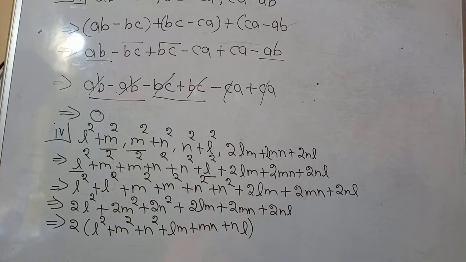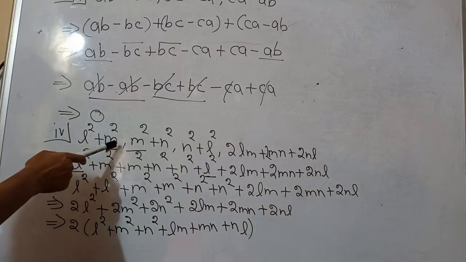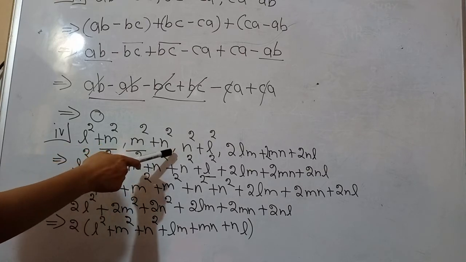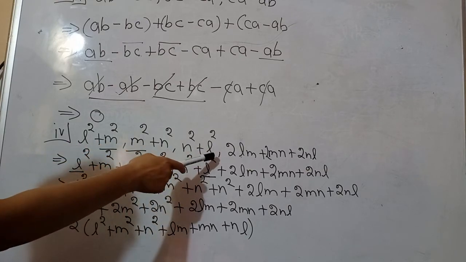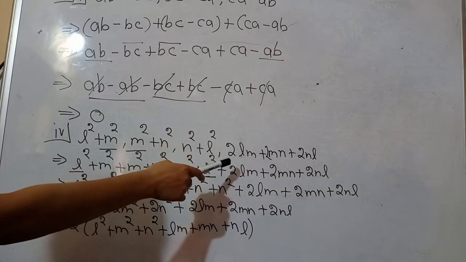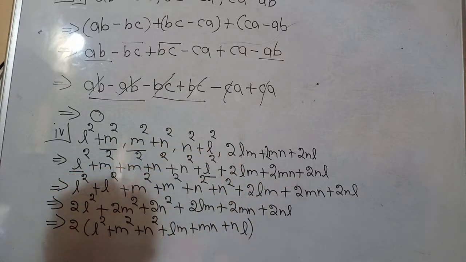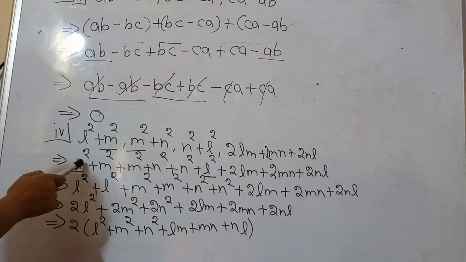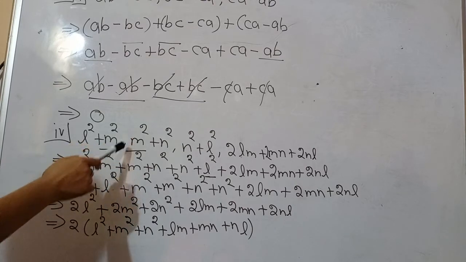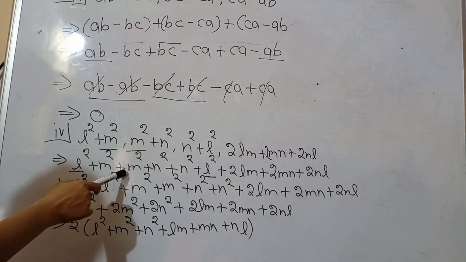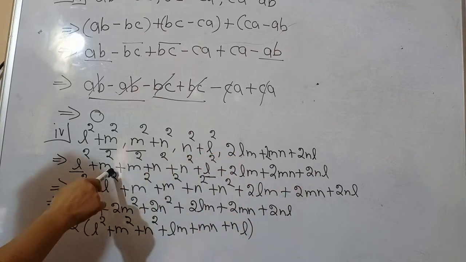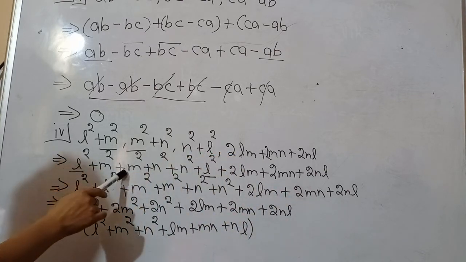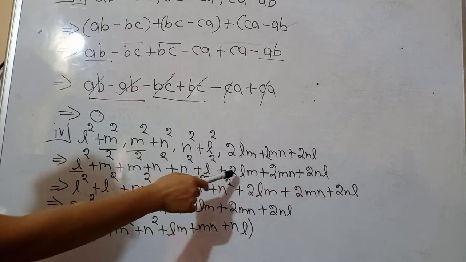Now let me explain one more example of question number 3, which is option number 4. l square plus m square first term, comma, m square plus n square second term, comma, n square plus l square third term, and the last term is 2lm plus 2mn plus 2nl. Now what we have to find out? First we have to write all the terms in sequence, and in place of the comma we have to add the terms. So I have written plus. All the terms you have to write along with the plus sign: first term plus second term plus third term plus fourth term.